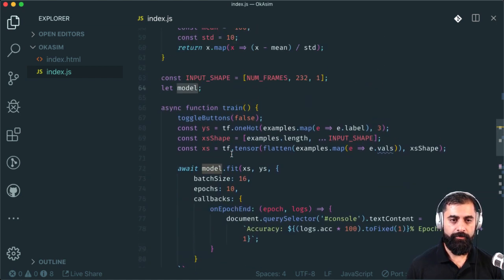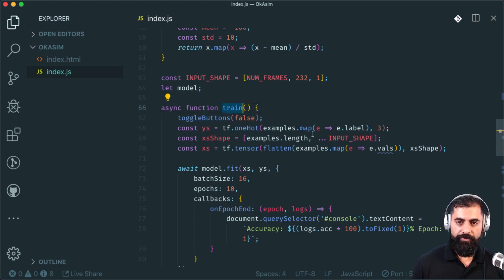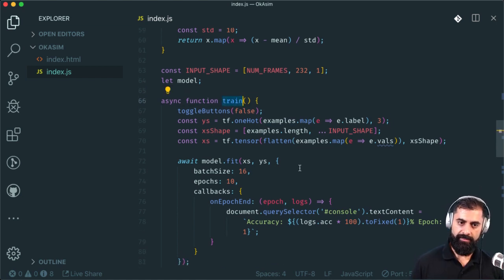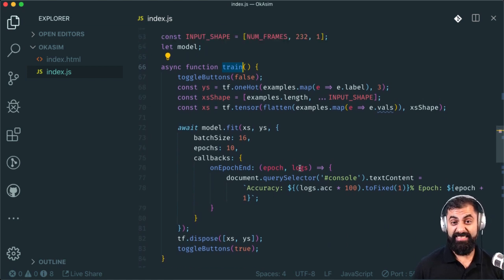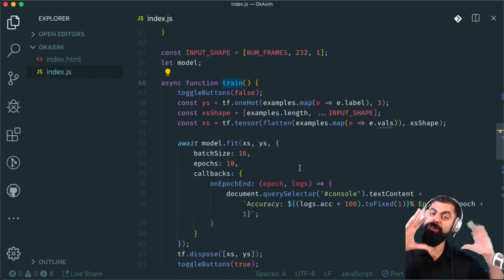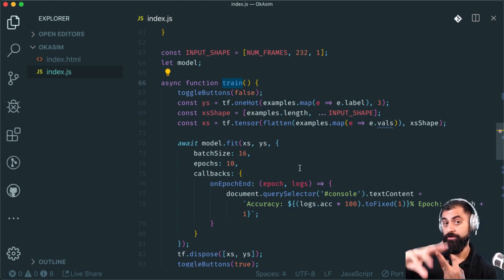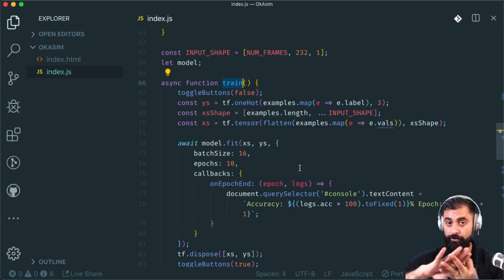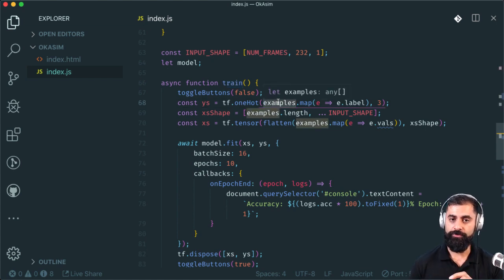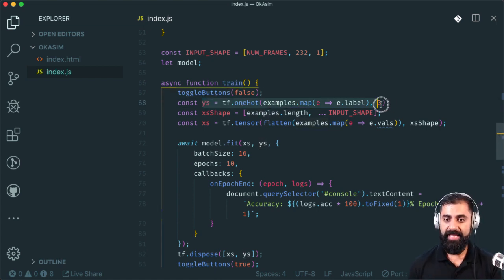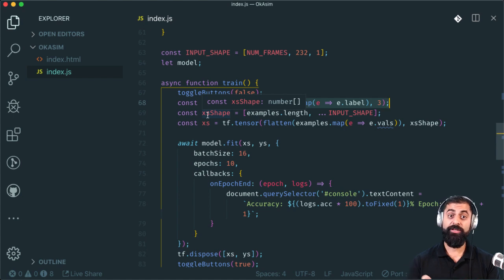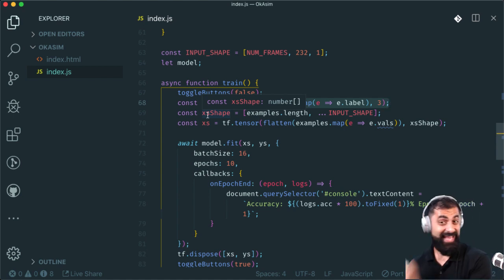And then we're going to hit the train button, and that's going to do something. All that train model does is, we're going to collect a whole bunch of data for left, right, and noise, which we saw before. When we hit train, remember all that data was stored in this examples variable. We're going to take that and stick it in here. I'm not going to explain this because what I'm going to do is get you to train one and save it.